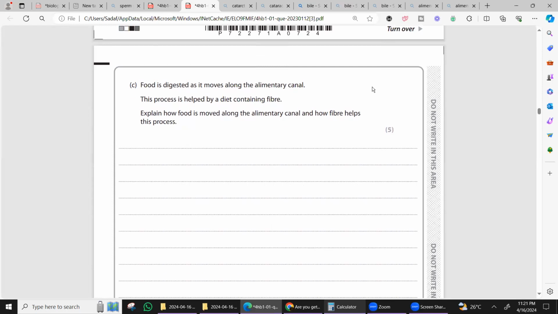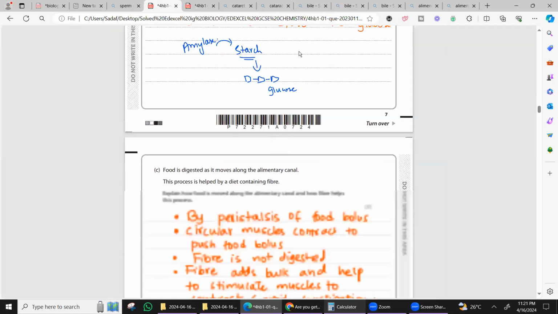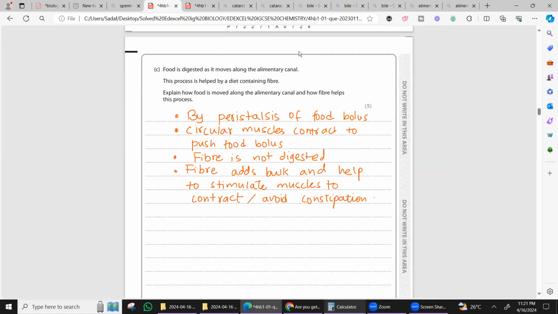Question number C. Food is digested as it moves along the alimentary canal, that is our gut. This process is helped by a diet containing fiber. Explain how food is moved along the alimentary canal and how fiber helps this process. The movement of food along the alimentary canal is called peristalsis. By peristalsis of the food bolus,